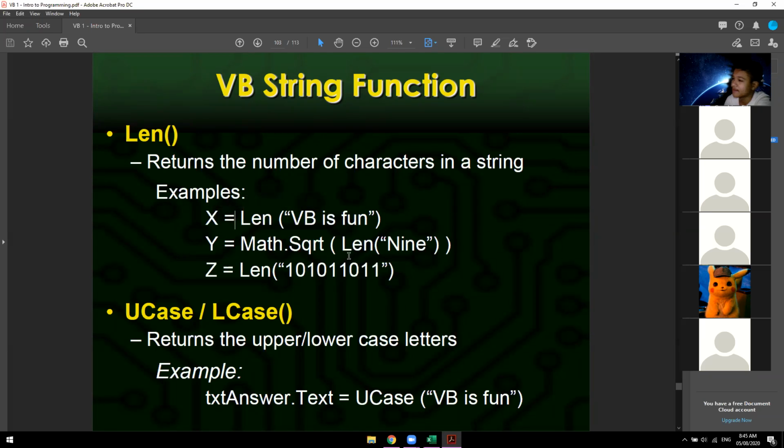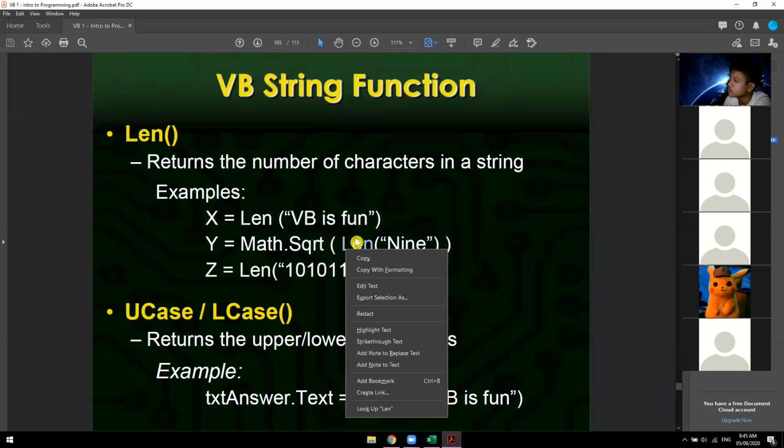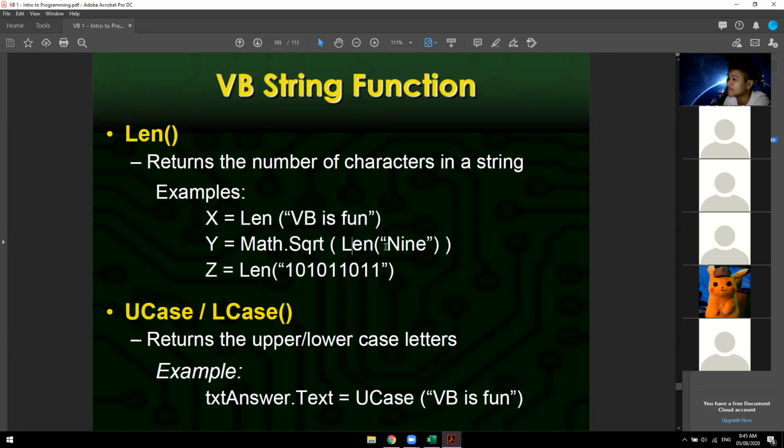Okay, so we have another one. We have Len of 9. Okay, so from here, pag nakita niyo yung word na Len, all you need to do is count the characters that is inside of that close and open parentheses. Okay, so 1, 2, 3, 4. Okay, so from here, meron na tayong result na 4. And then, square root. So math, that's square root of 4 is equal to